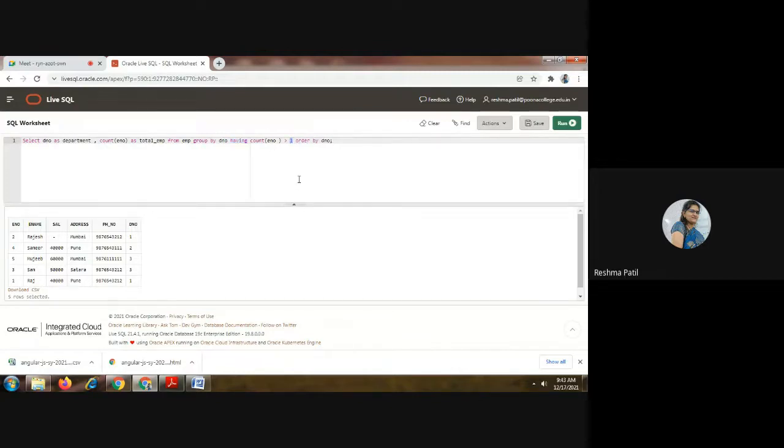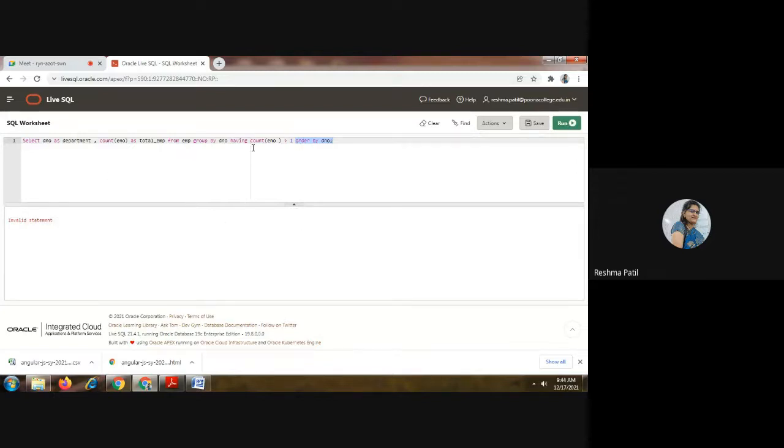If you want to find out the departments in your organization whose employee count is greater than 10, you would use 10. Now we have fewer records, so I am using 1 here. Employee count is greater than 1. And I have to show the records ordered by department. First show the record of the first department, then second, then third. So this is the result of this query.